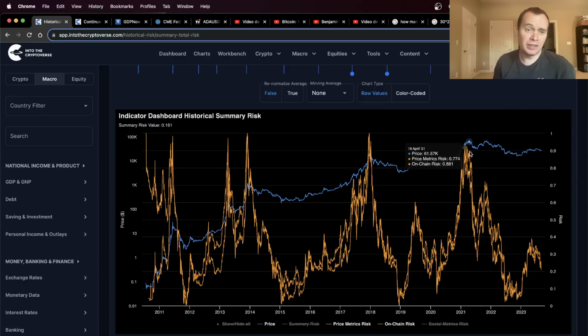What's right for someone in their early 20s who's perhaps looking to go into wealth creation mode is probably very different from someone who is in wealth preservation mode. Someone that just wants to preserve their gains from a prior cycle is probably going to be more conservative than someone who's just getting into crypto and wants to create that wealth. So we must understand that there is a difference between what is right for you, what is right for someone else watching this video, and what is right for me.